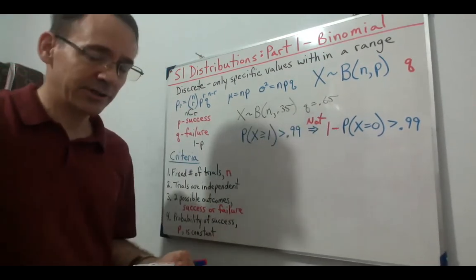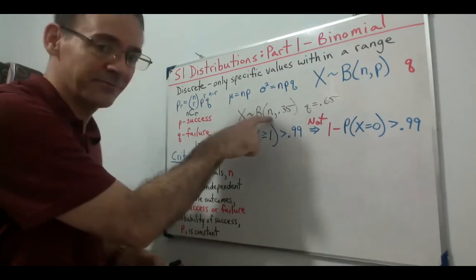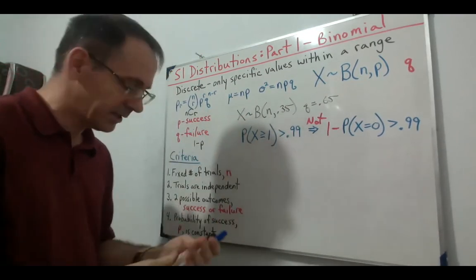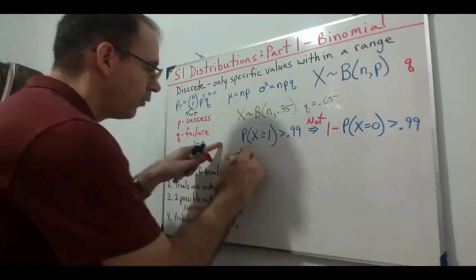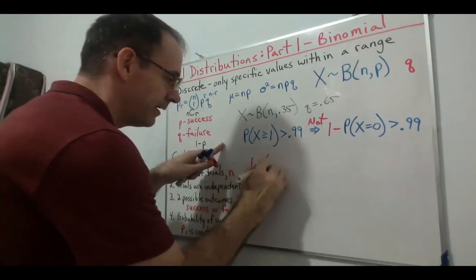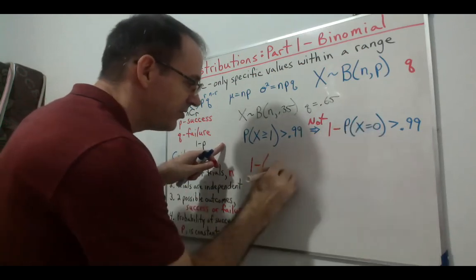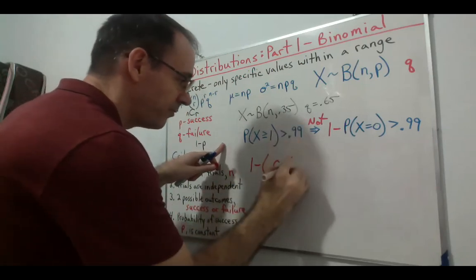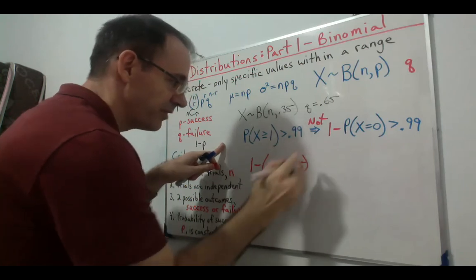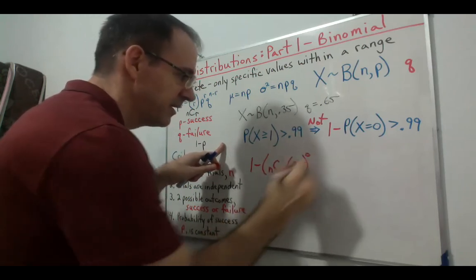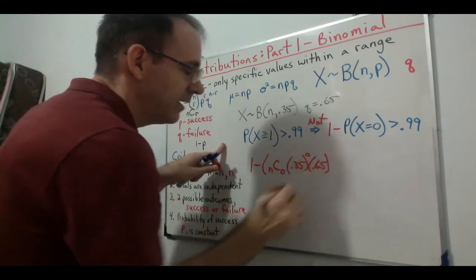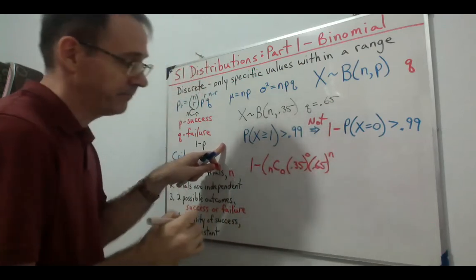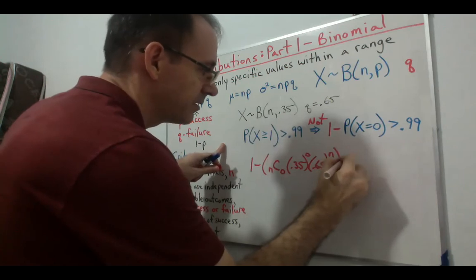Now, it might scare you a little bit because our unknown is in a different location than what we're used to, but follow the formula. So now we have 1 minus nC0 times a probability of success of 0.35 to the 0 power, in other words, no successes, and 0.65, how many weeks? Well, it's n weeks, so n minus 0 is n, is greater than